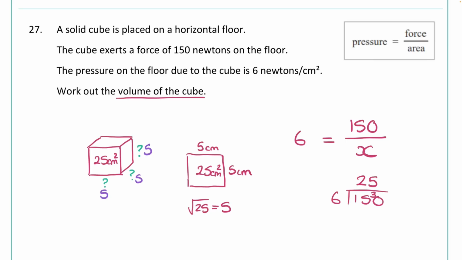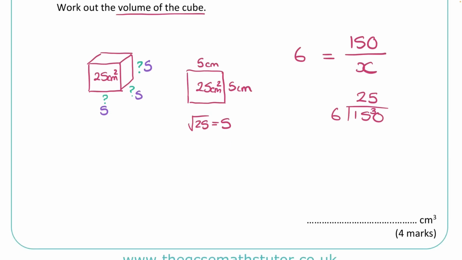So to work out the volume of the cube, we would do 5 times 5 times 5, and 5 times 5 times 5 is 125 centimetres cubed. And there we go, there's our final answer,